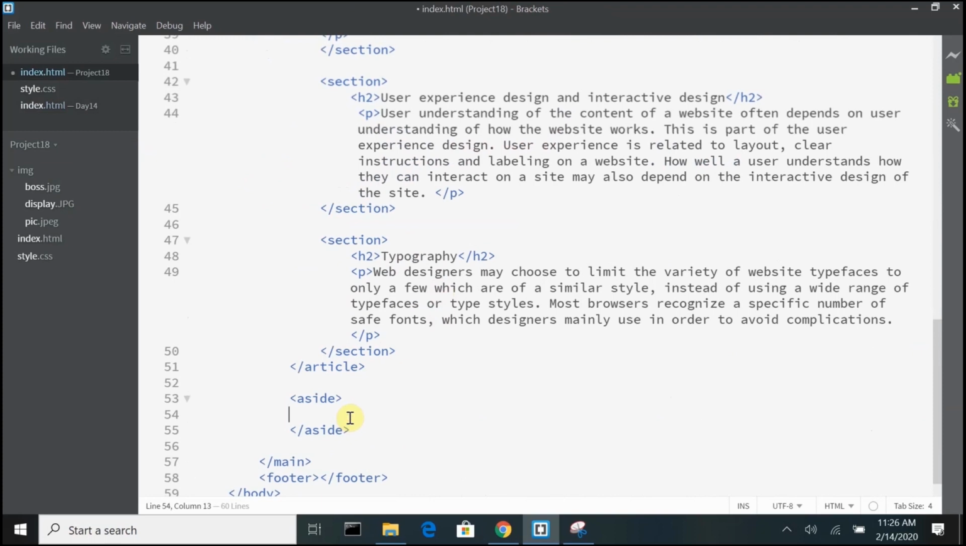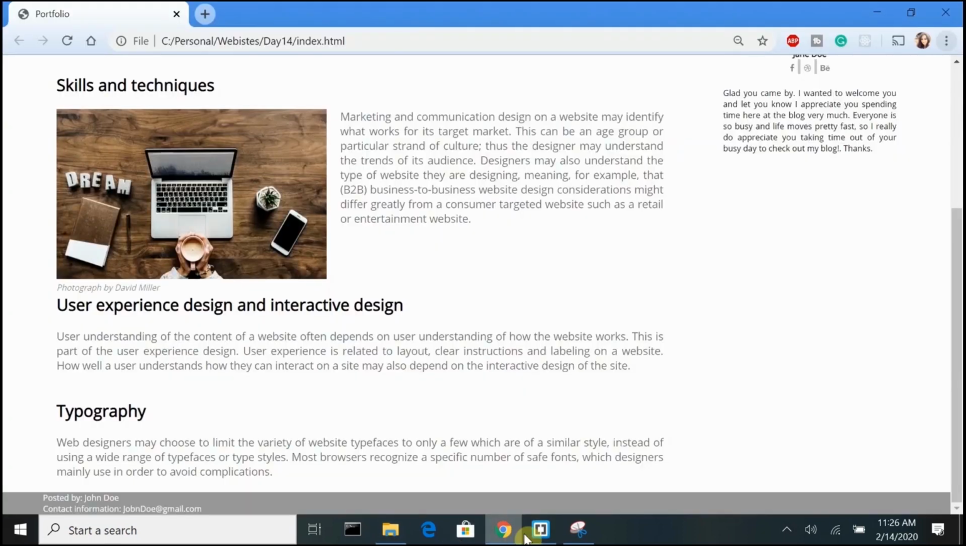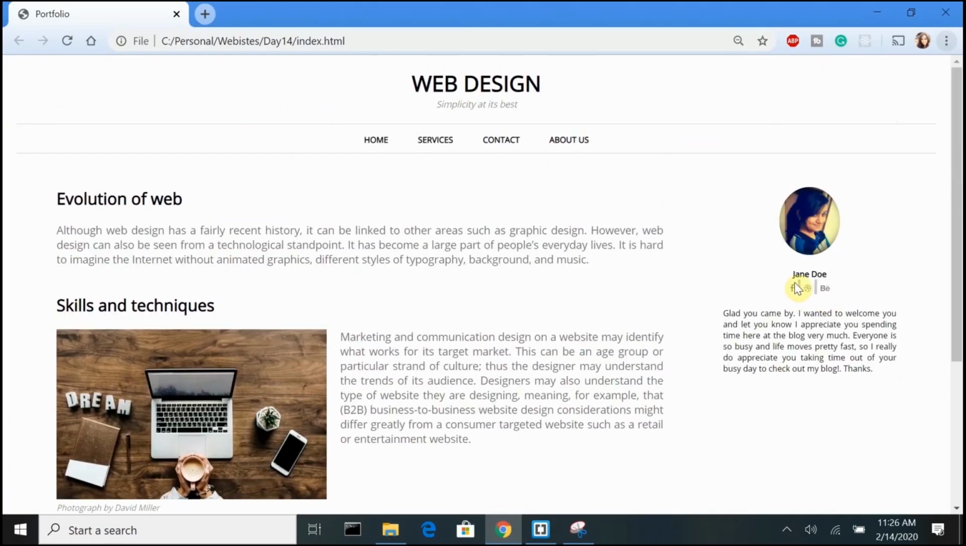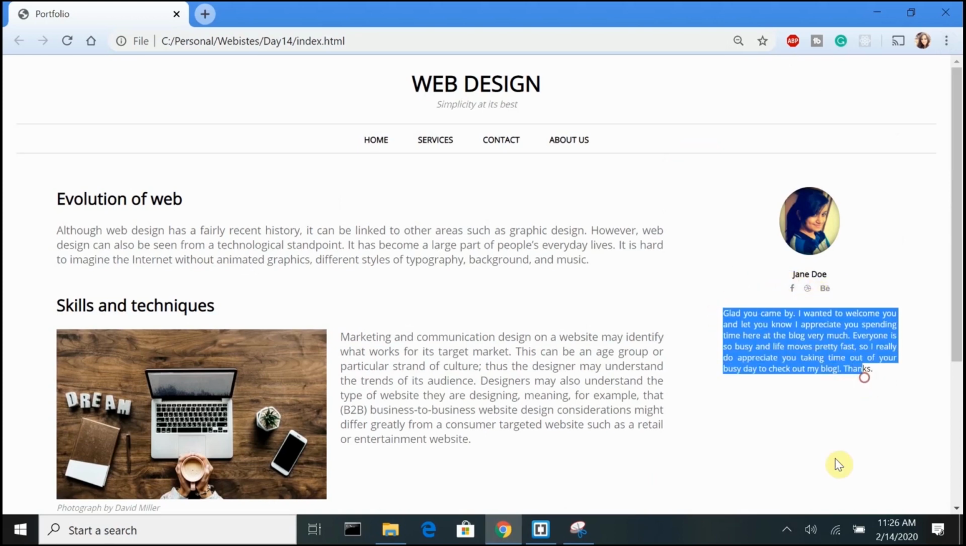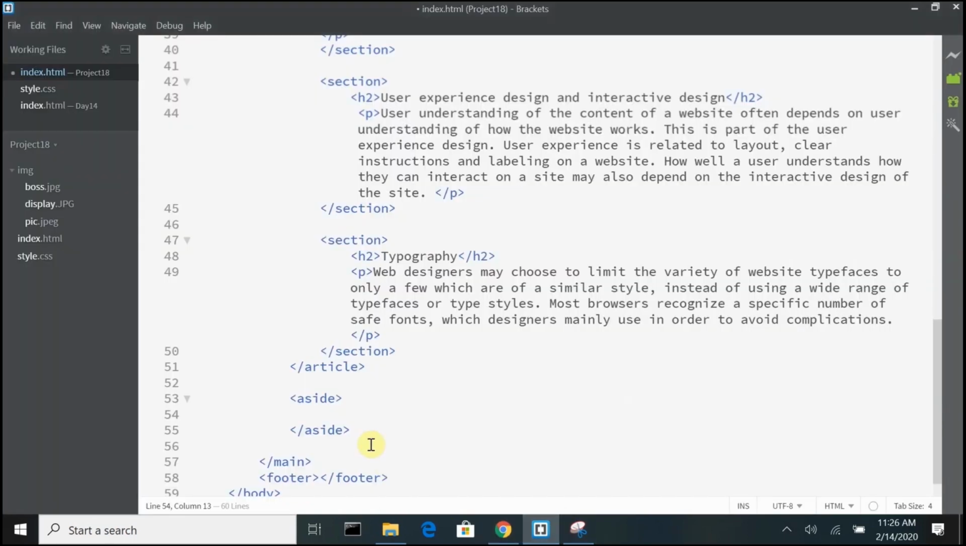Now let's move on to the aside section. In the aside section you have an image, the name of the person, links, and a paragraph. So let's go ahead and do that. So here in the aside section, I'm going to give an image,